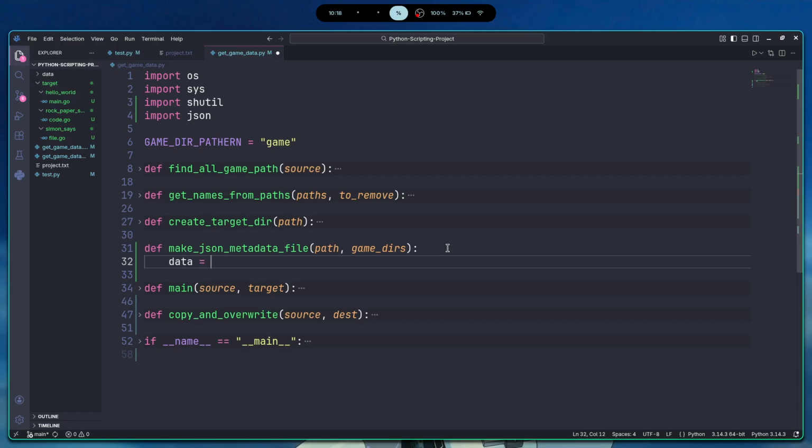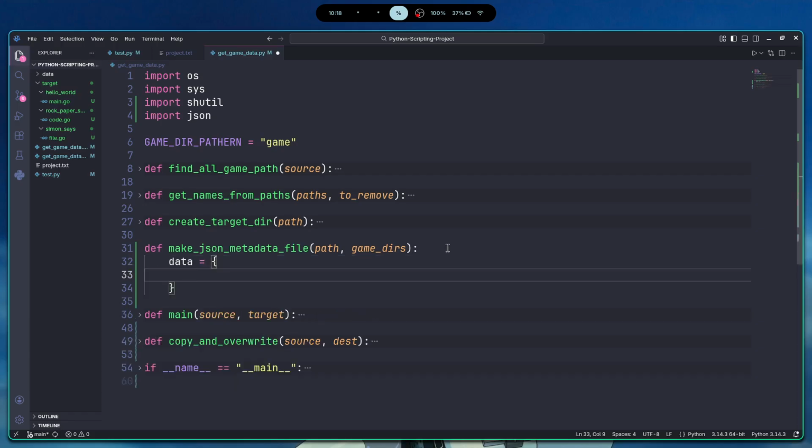We need to save the object in a list, I think. Game name, so this needs to be a string. Game name is game dirs. We need a comma in here